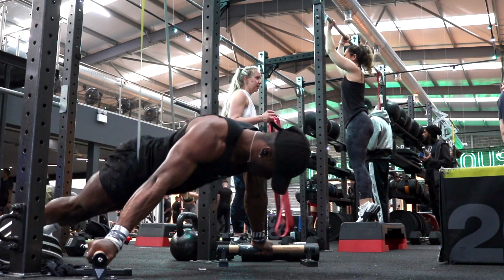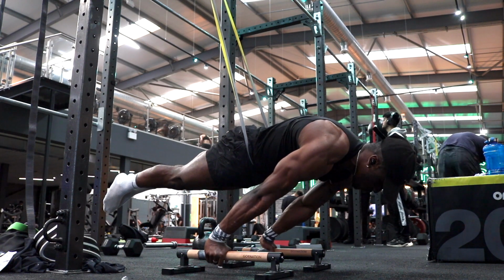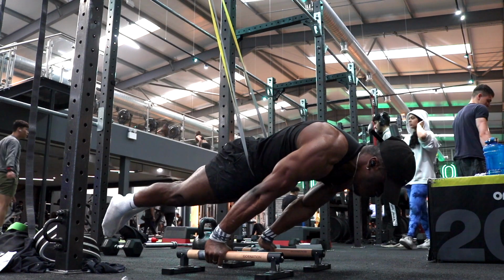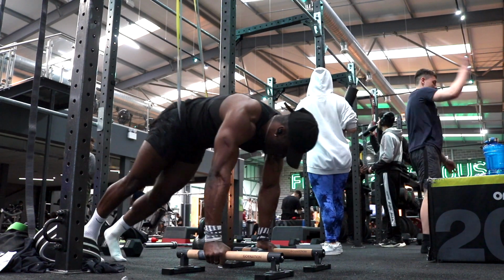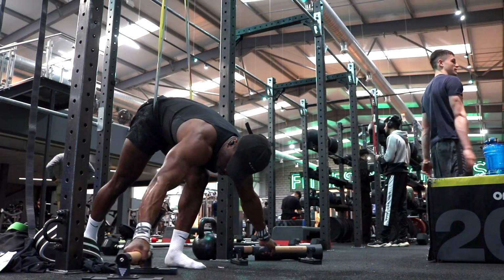So the idea here that other disciplines take into account, like powerlifting, Olympic lifting, is that we don't want to train at failure, but we want to train close to failure. And in calisthenics, this is no different than any other strength discipline. So we want most of the time to be training close to failure, and this is where RPE comes in,